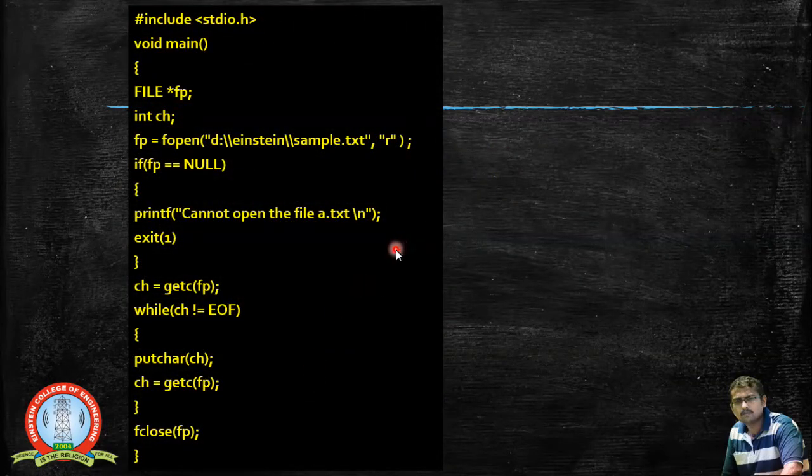Now what we are going to see here is a simple program to read the contents present inside the file by using the getc function. I have declared the file pointer, FP, and one more variable ch, declared as an integer, because the getc function returns the character in the format of an integer, as an ASCII value.